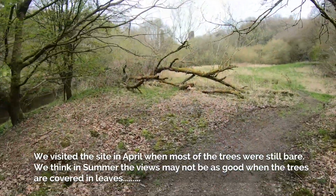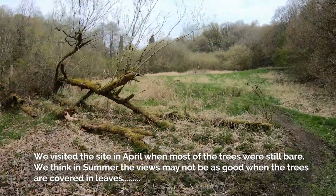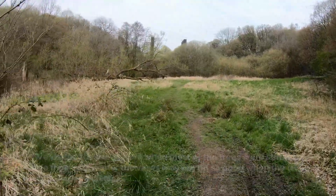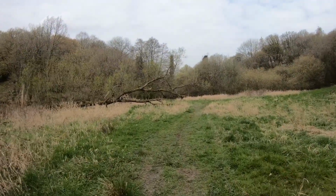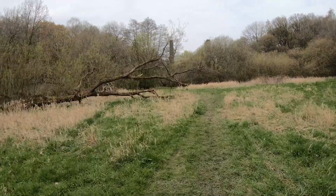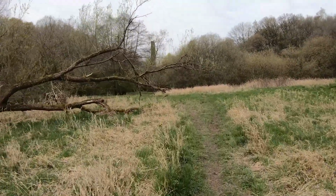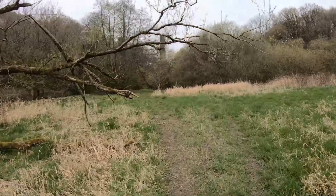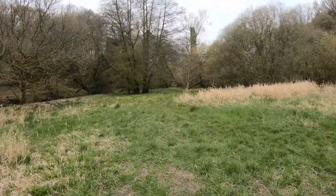Okay, so probably a couple of hundred metres further on from the viaduct, and you follow the path and you come to this area. If you just look beyond those trees in front, you can see some rather ominous looking blocks sticking up. They look a little bit like dominoes waiting to be toppled over. But these are the remains of another bridge that spanned the Douglas Valley,